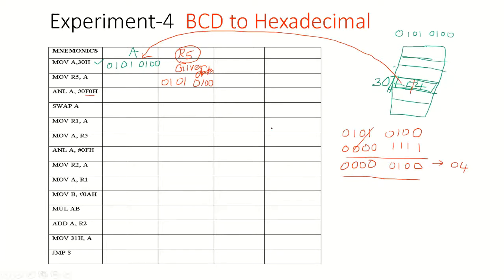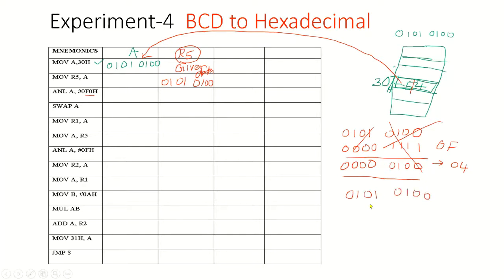Now what I want to do, I want to what? Any mistake I've done, sorry. You're not using 0f here, this is for 0f. You're not doing this 0f operation here. Instead, you're doing the AND operation with f0. So when you're doing f0, you can see here 0 1 0 1 0 1 0 0 is there.